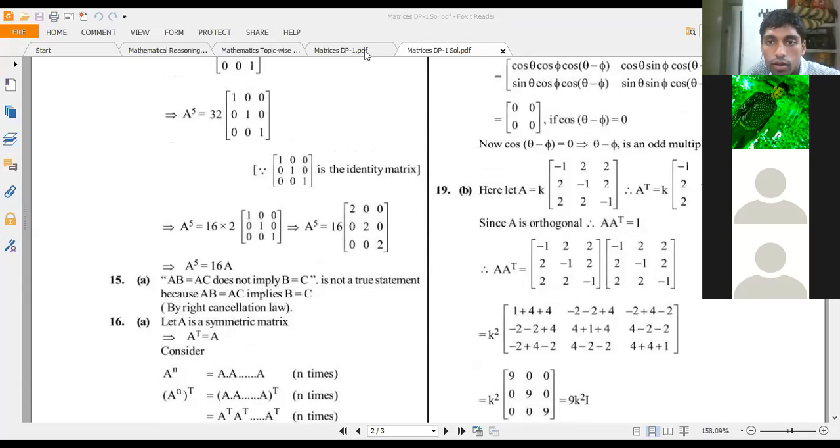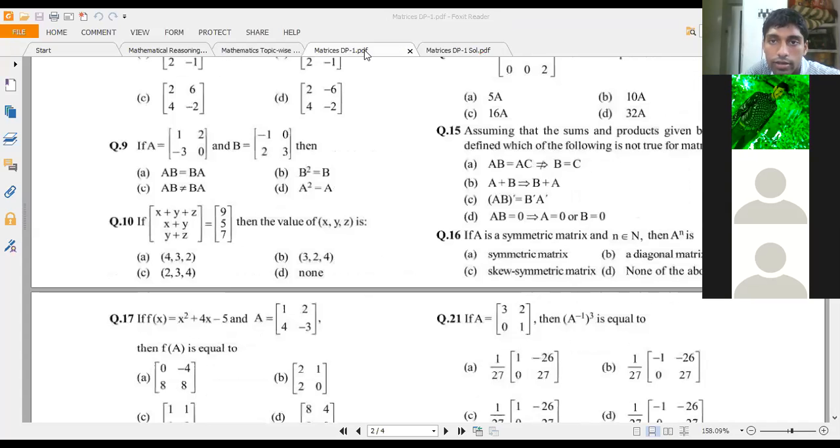Okay, what is right cancellation law? Right cancellation means you cancel the matrices on the right side. In matrices, it matters who is on the right and who is on the left. If xy equal to zy, you can just cancel y. But in matrices, it doesn't work like that. If AB is equal to AC, and if these are on the right side, you cannot always cancel them out. But when you cancel them, it is called right cancellation, and it's not always possible. Sir, under which circumstance can we cancel it?